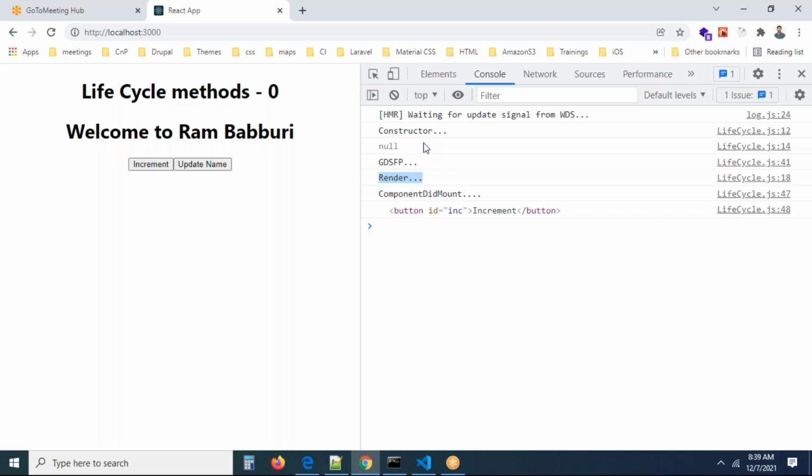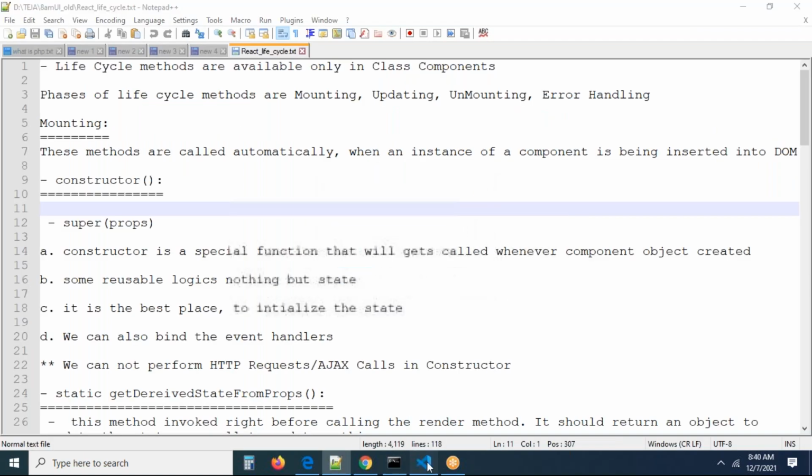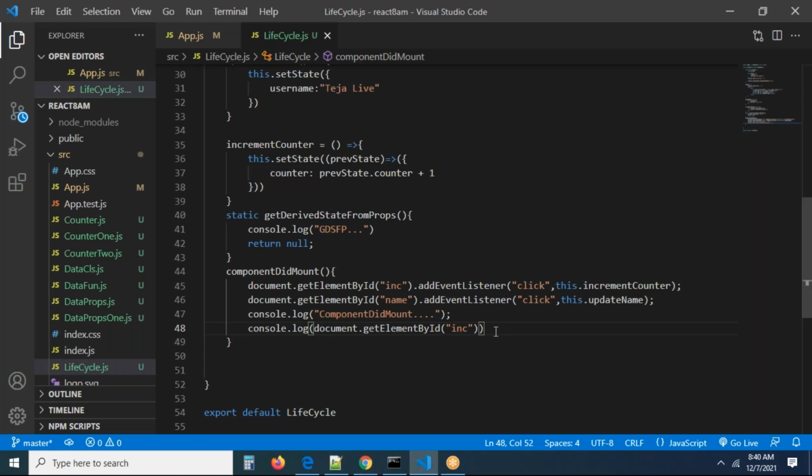But when to write what is very, very important. The constructor is called before the render method, and before the render method we don't have anything here. So you can do such kinds of logic in the constructor, but always perform those logics in component did mount. I'm just giving you an idea. In the next part, what we will do is